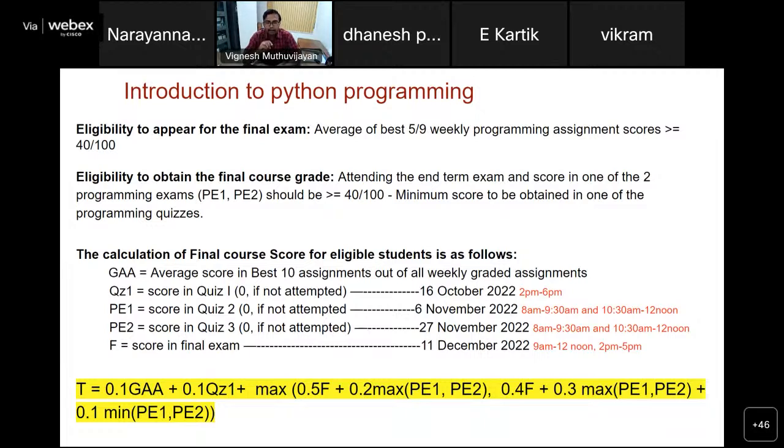This is a fundamental requirement. Please understand this. I want to emphasize this again and again. Programming is the foundation requirement for you to do a diploma in programming and a diploma in data science. It's not that you can get away with some shoddy programming skills. You need to have excellent programming skills to be successful.